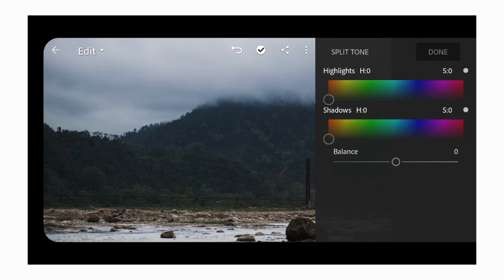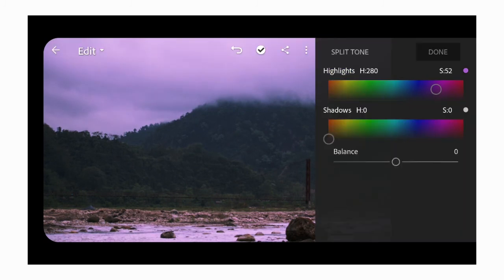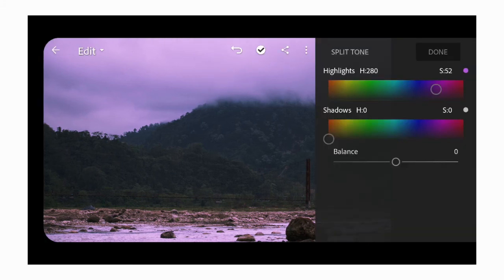So first I will add say a little bit of pink tone in my highlights. So where is the pink? Here it is. As you can see, there's a little bit of pink tone added to the highlight area, which is the clouds and the water in this image.